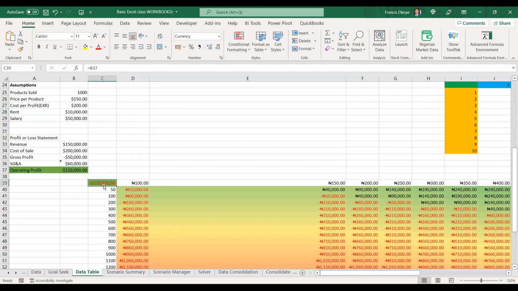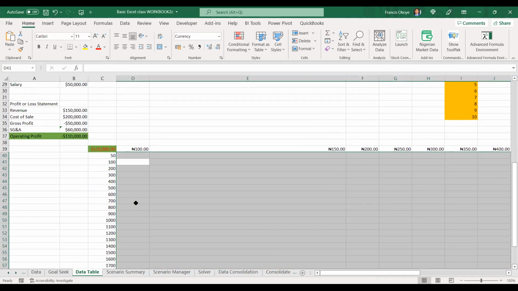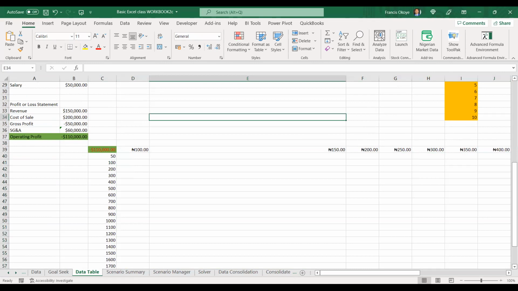So that's why you have to equate this equal to this. So the calculation has to be there first. Yes, you must have done that calculation, because without it, you can't see the results.